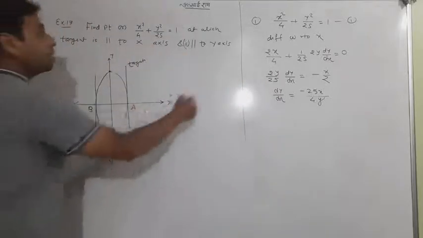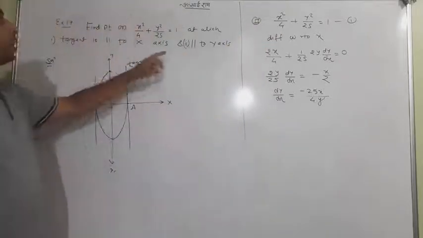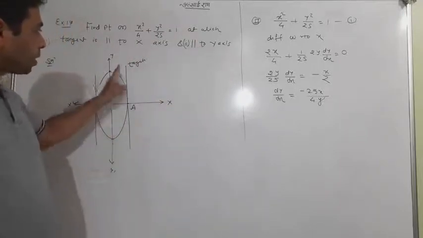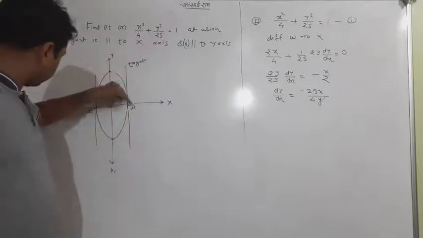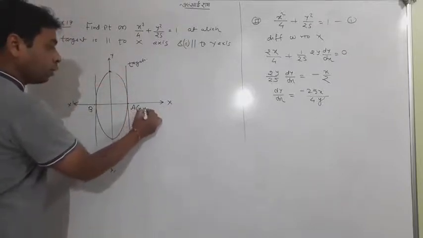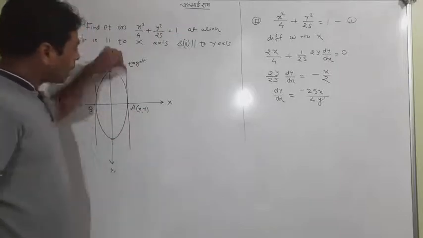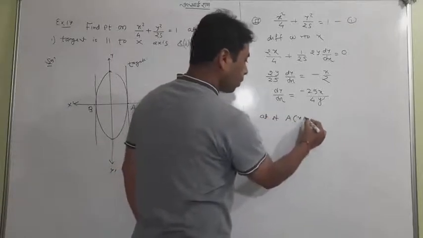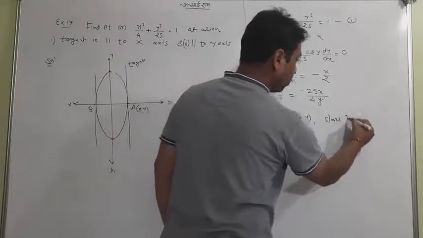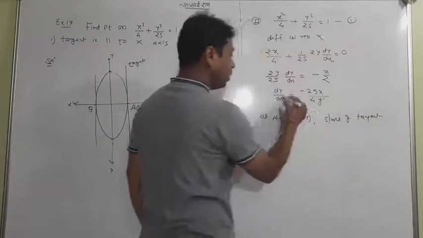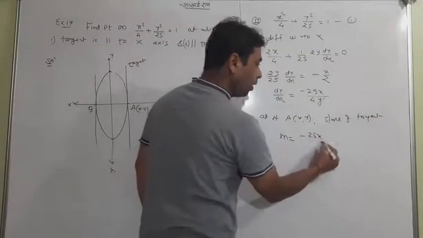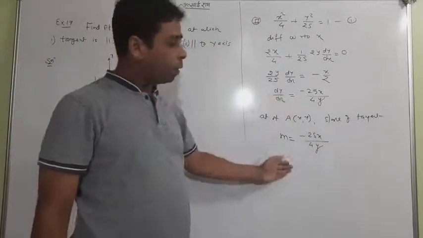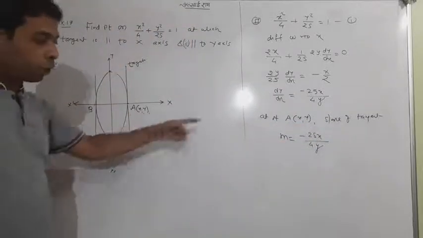Now in this case, the second section, when the tangent is parallel to the y-axis, what I am going to do, let me clear to you, this time the slope, because this tangent is perpendicular to the x-axis, I assume it is x1, definitely. This time we know that the same I'll do here. At point A, the slope of the tangent will be the same, it is m, no matter at all, because the function is the same, differentiation is the same, the point is xy assumed here, so m is equal to the same.